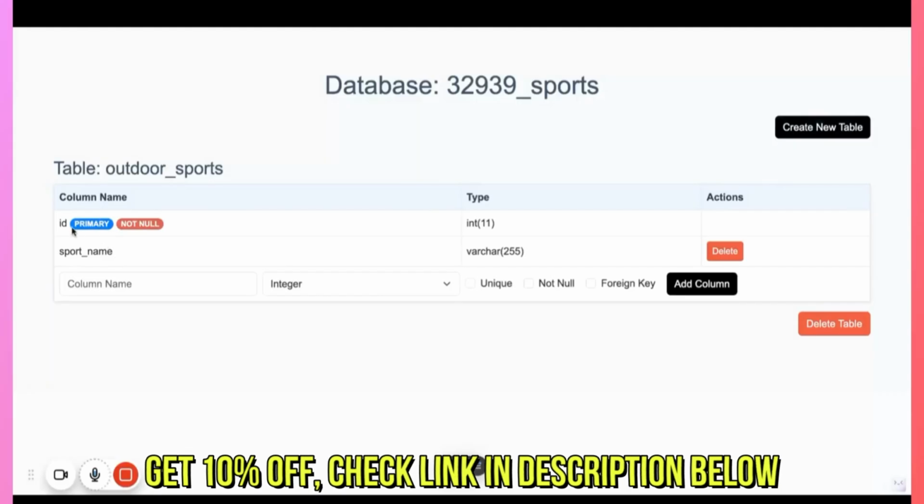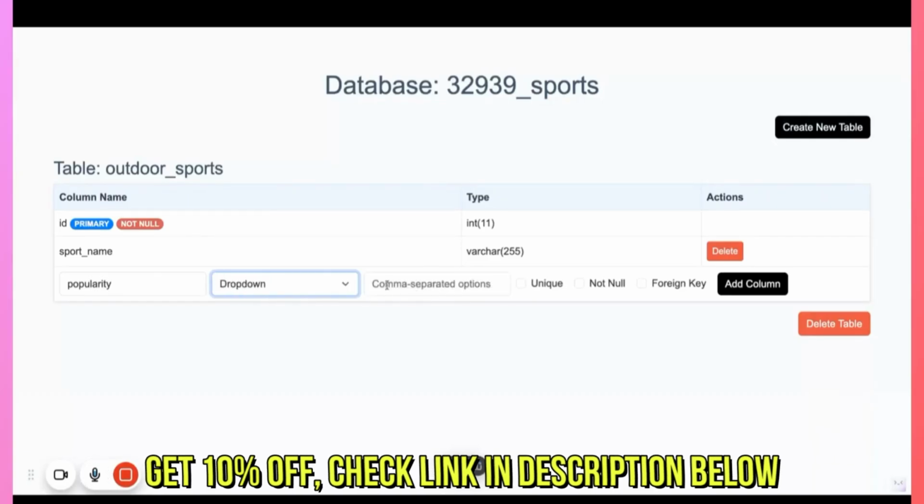So right, if you see, we have ID as a primary column. This gets auto generated. You do not create this column here. Okay. The next column I can have here is, let's say we can add popularity as another column. It will be a kind of drop down. Popularity, we can give values as